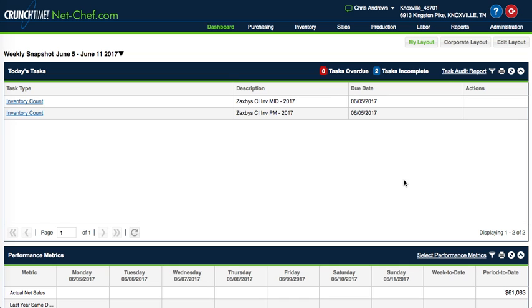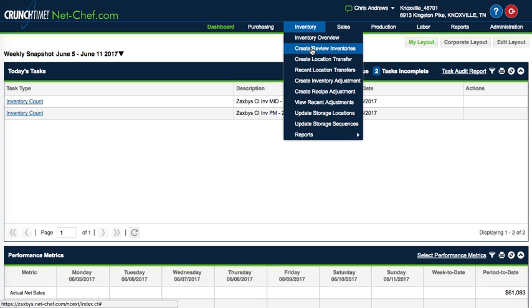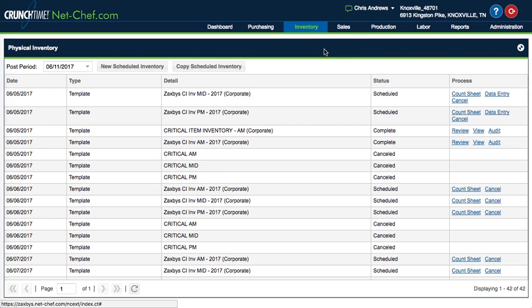Alright guys, I'm going to try to teach you how to make sure we're using the review functions of our inventory, and also how to use the actual versus theoretical cost detail when reviewing inventory. Right now we're just talking about our Sunday night inventories, but this can work the same way with your critical item inventory. So if you go into inventory, create review inventories, and I'm using the Bearden store as an